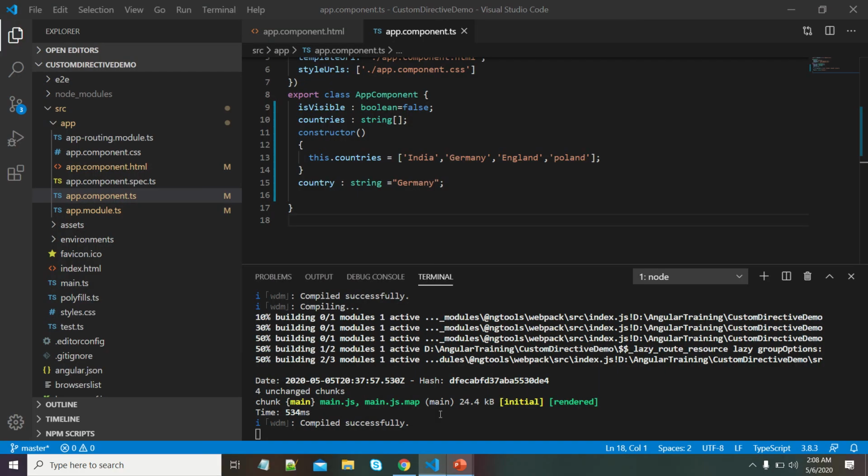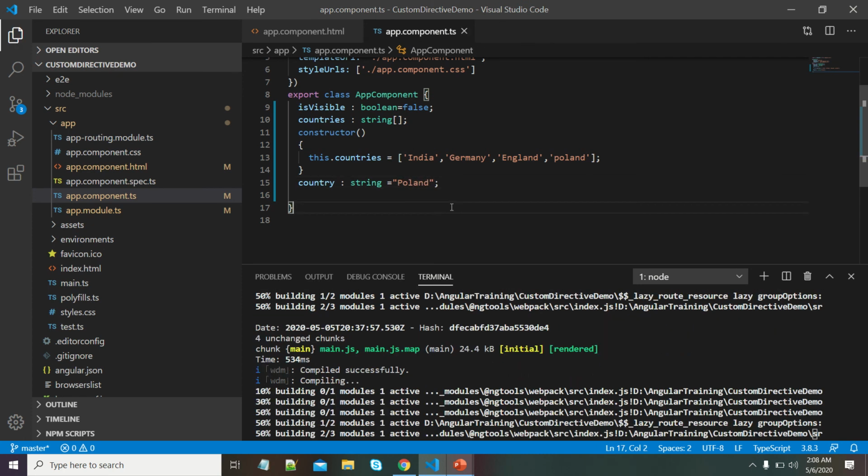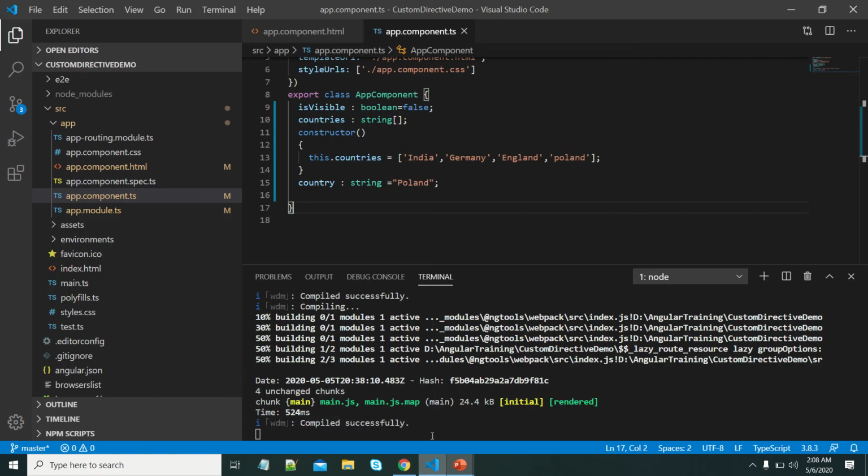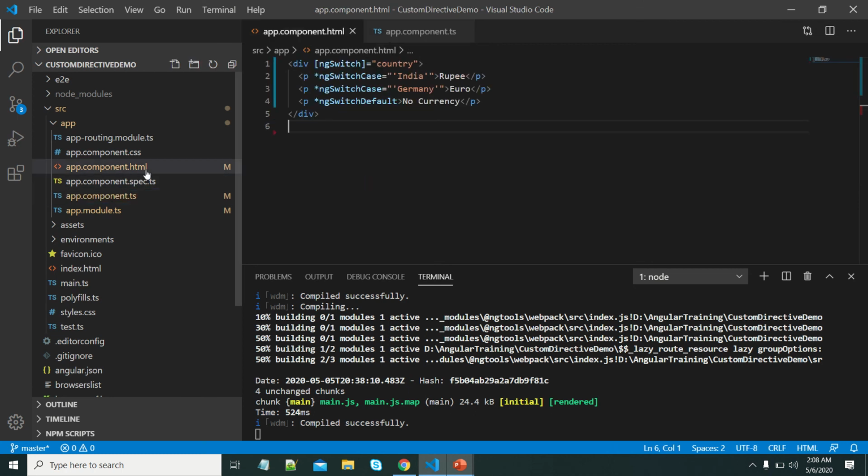If I pass some other value, say Poland, then the default value will be added to the DOM and it will display no currency. This is the way we can use structural directives in Angular. Okay, thank you.